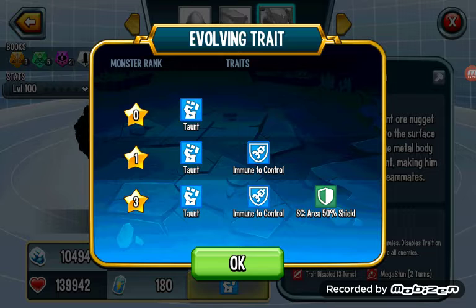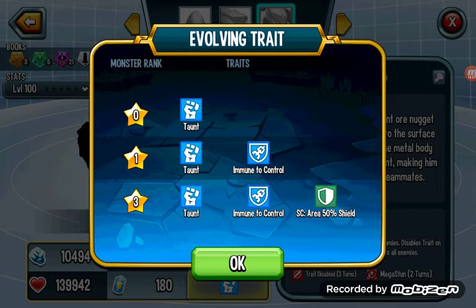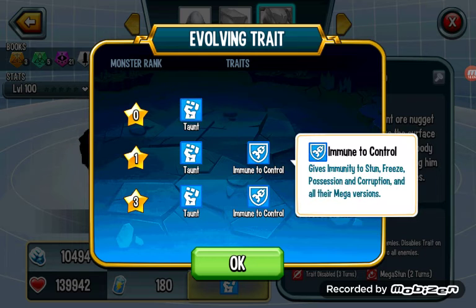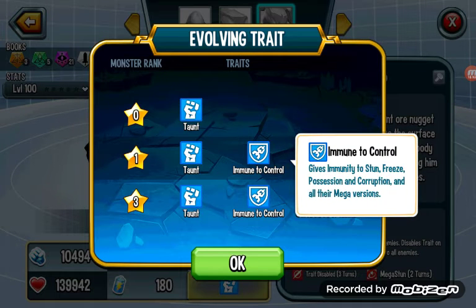Receives all single target. You guys know what Taunt DA is. It rules the game. I'm not even gonna explain it. Immune to control. Now King Autumn only has the status caster. This personally, I might just throw him in there, not at King Autumn's same level, but taunt plus immune to control, he's kind of similar to King Autumn, and that immune to control as a trait is really great because